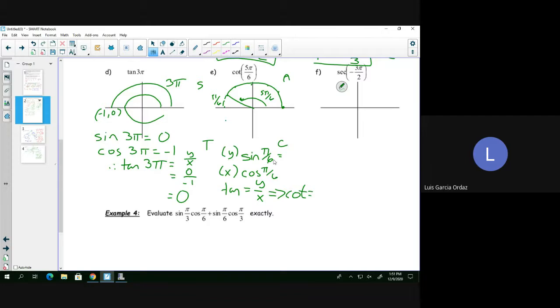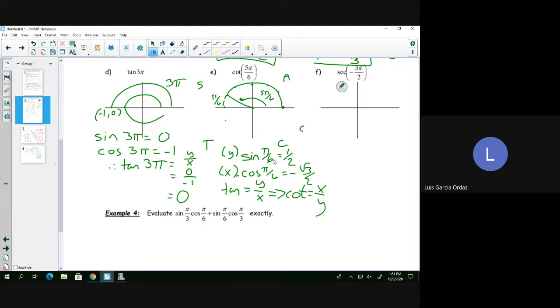So what does that mean about cotangent? What does cotangent equal? X over y. So what does sine of pi over 6 give us? So it's going to give us 1 over 2. And what is cosine of pi over 6 going to give us? But remember, because it's in the second quadrant, it's going to be negative. So negative root 3 over 2,